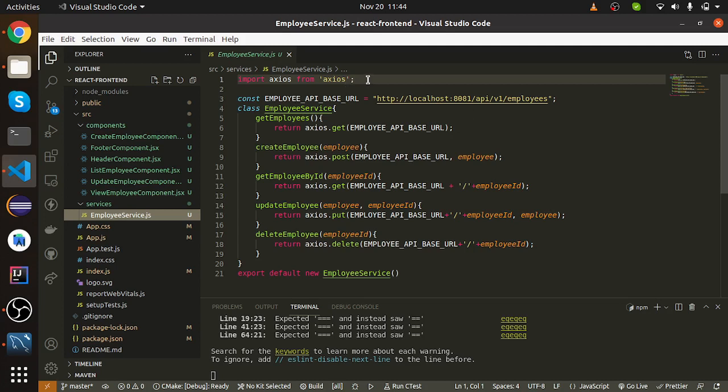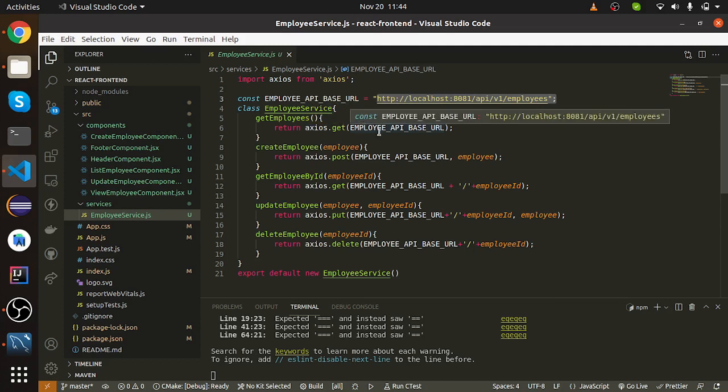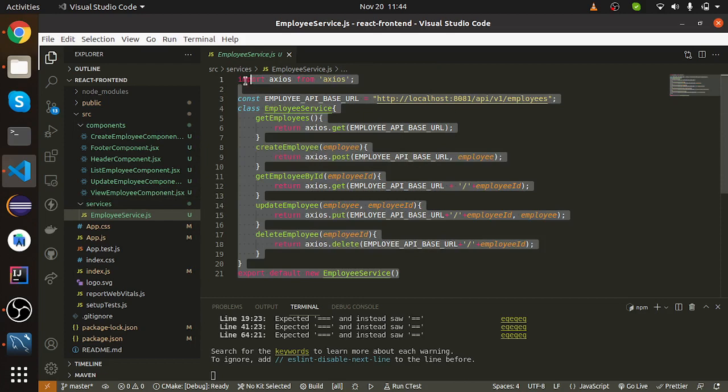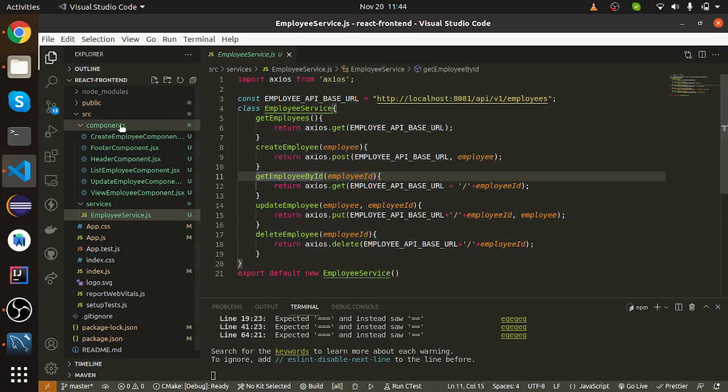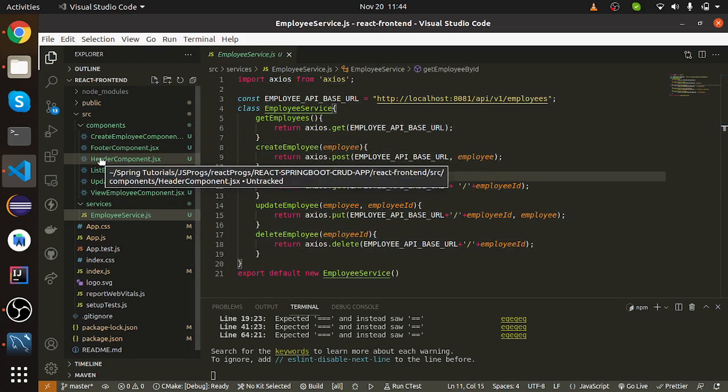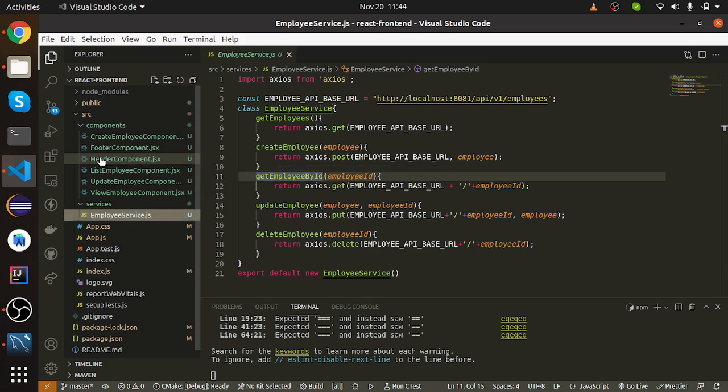It provides methods like get employees and create employees, and we are returning the base URL we have created for our application. Axios handles posting, getting, putting, or deleting as per our request. This is a very important part of our application, because we are using backend, front end, and database, so we have to use Axios.